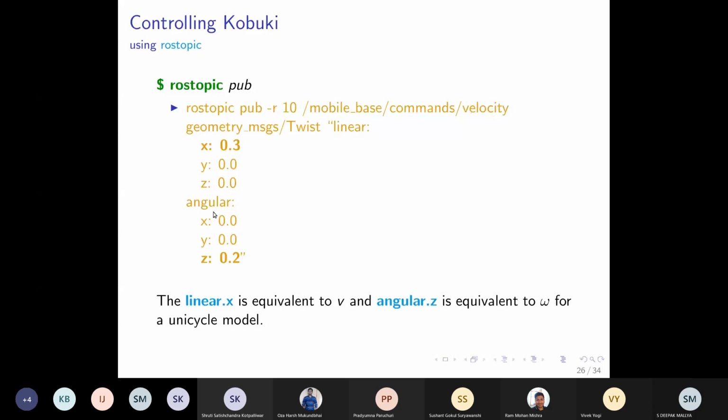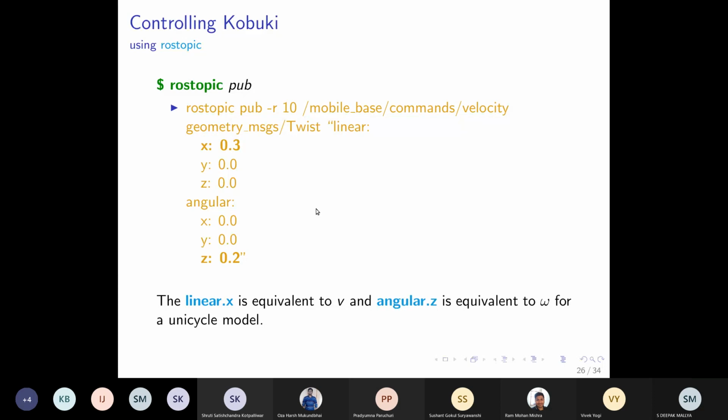This sets your angular velocity about the z axis as 0.2 radians per second, and the linear velocity is in meters per second, so I'm publishing 0.3 meters per second. When we are programmatically controlling the robot, we will essentially do the same thing. We will send this message with these x, y, and z values, and that will allow us to control our robot.